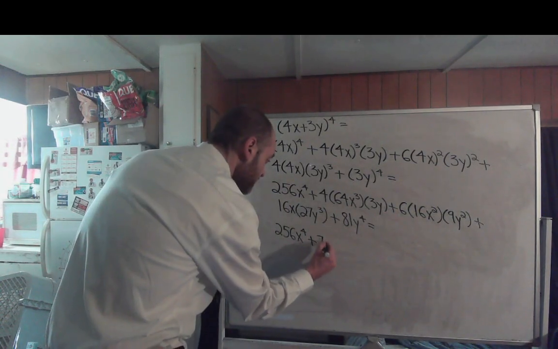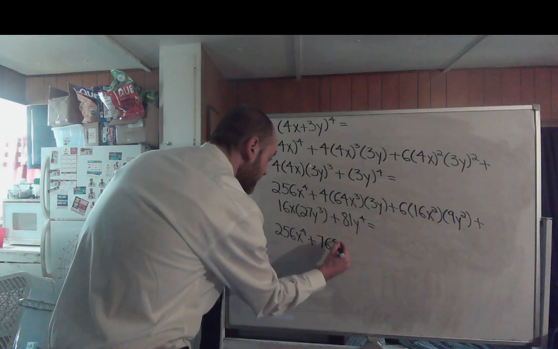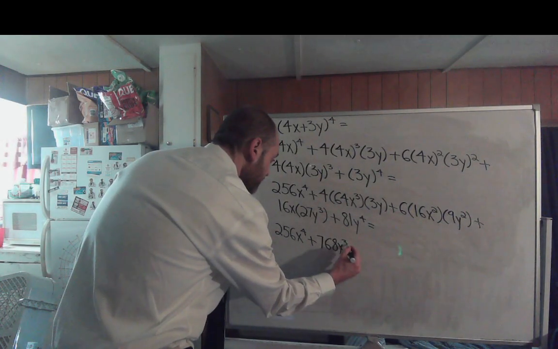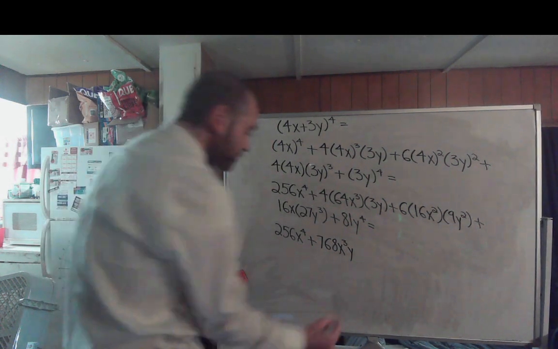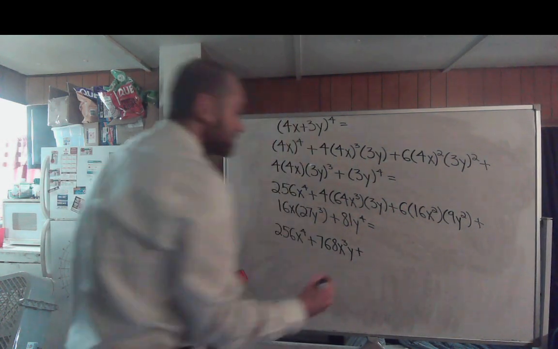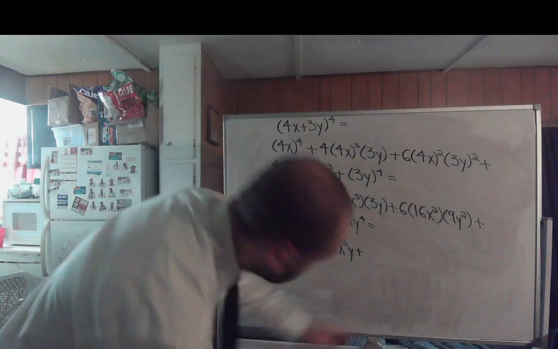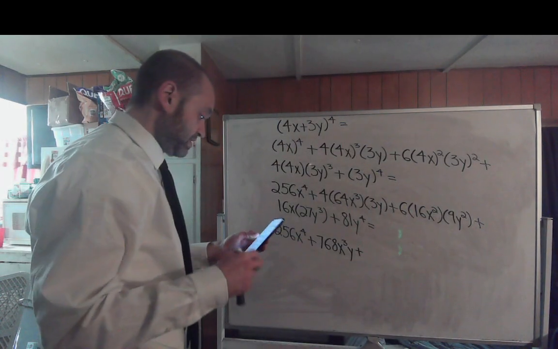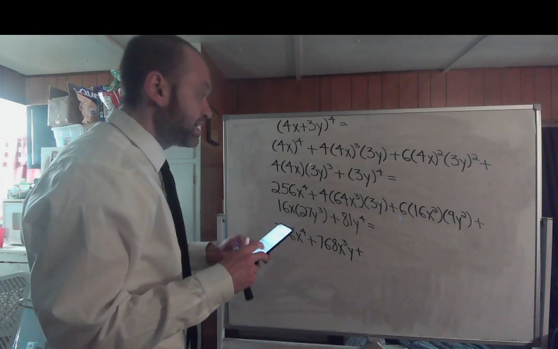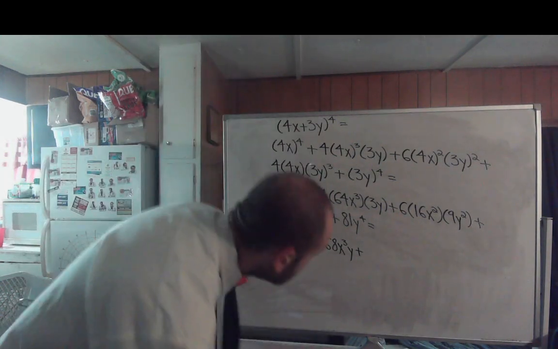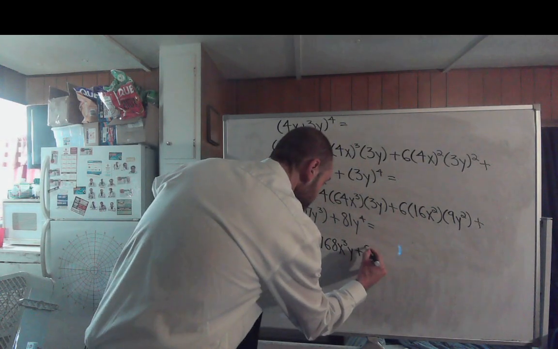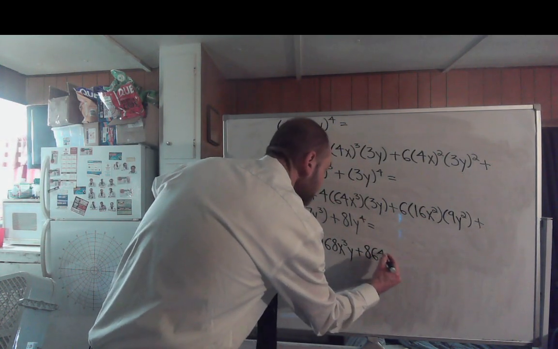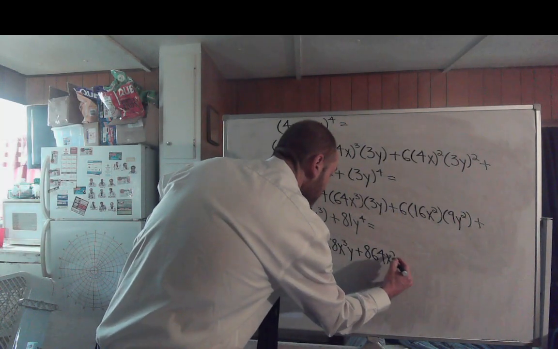So this would simplify into 768x to the 3rd y, plus, alright, let's multiply the next coefficients. So 6 times 16, 96 times 9, that'd be plus 864x squared y squared,